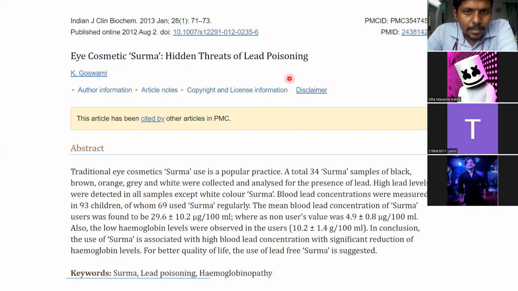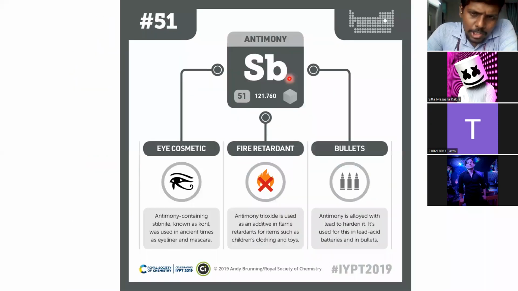So then why do we use stibium? What is the significance? What is the industrial application of stibium? So one is